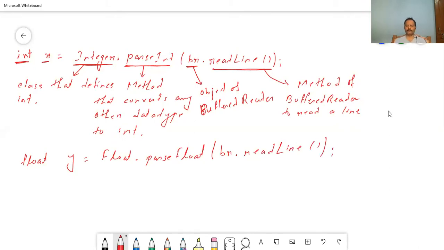Okay, now what are the other functions of buffered reader so that we can accept input from the user?